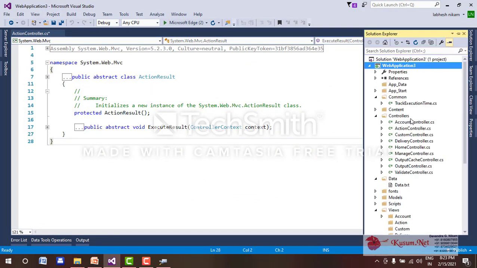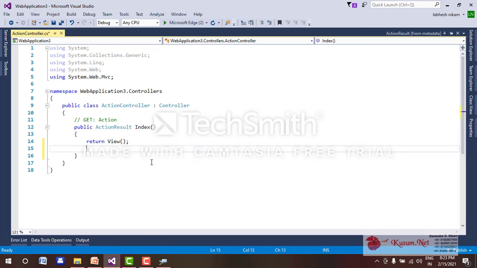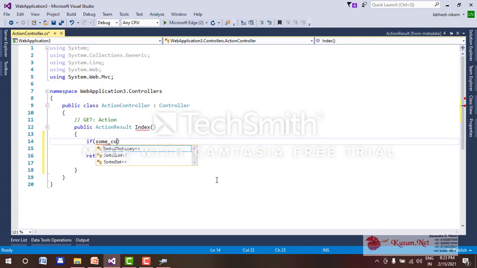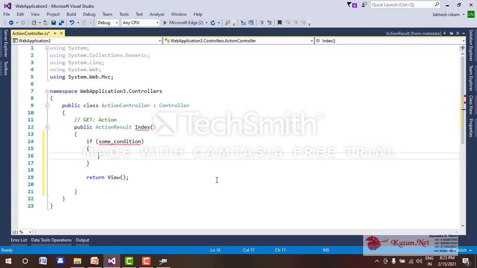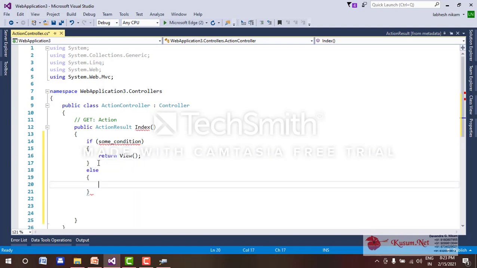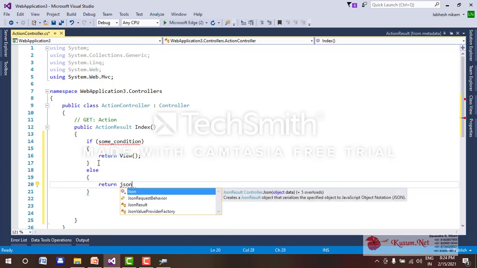Let's see, this is my controller. Suppose I use an if-else condition. Inside the if I return a view, and inside the else I return a JSON result.